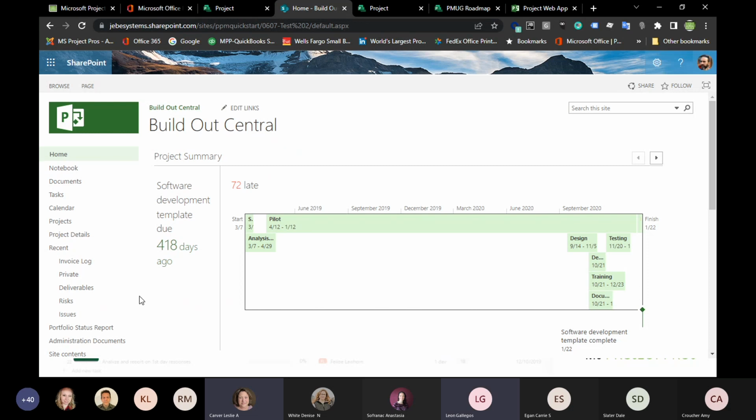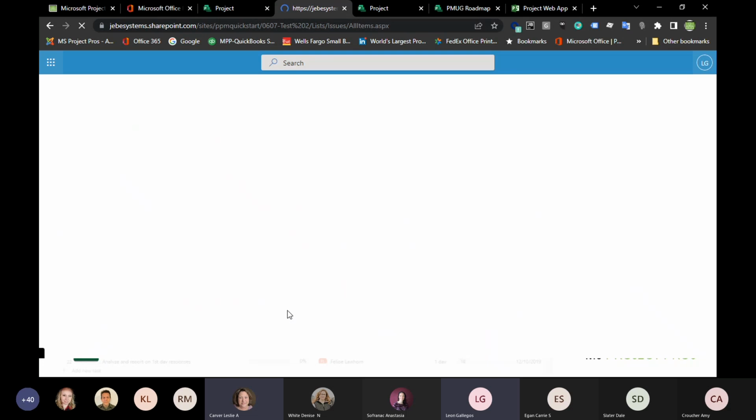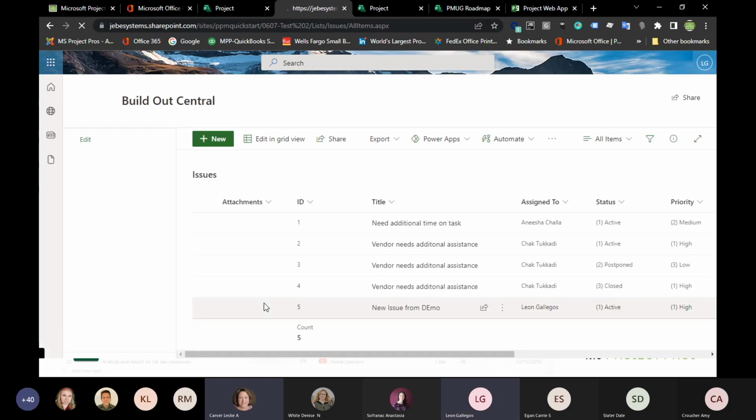But what you're seeing here is that the tool allows you, when the project is created, to have a dedicated site for just this project. So this is feeding all of the details coming from the project into this sub-site, right? So this is below the site that we were just currently in. And in here, what we can track are things like issues and risks and deliverables.